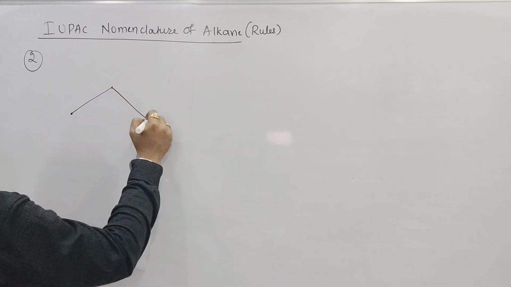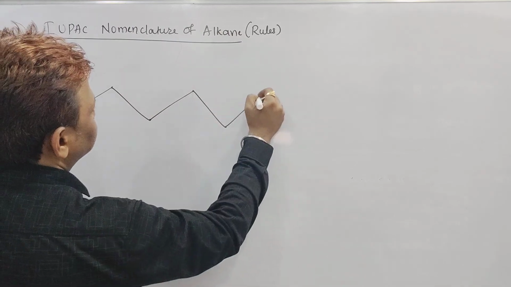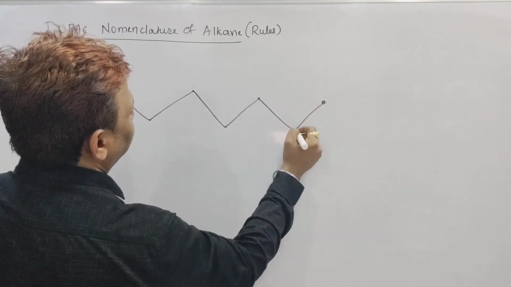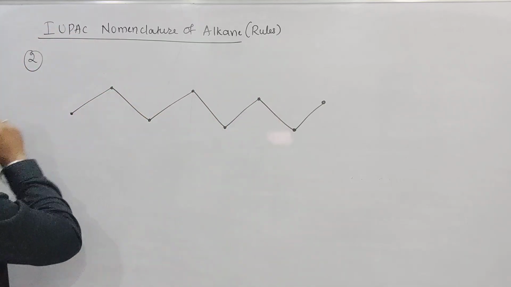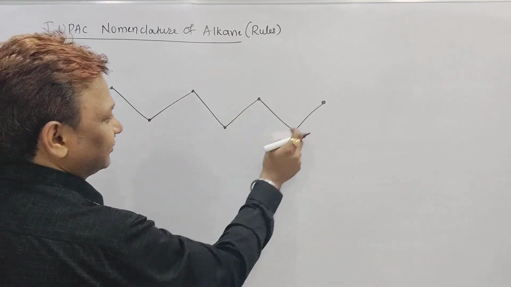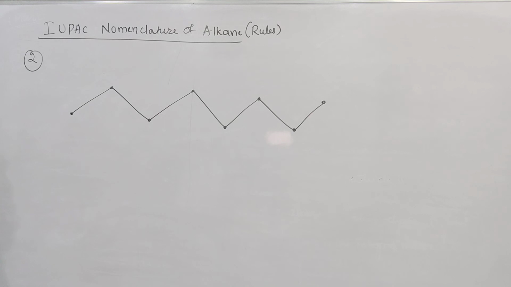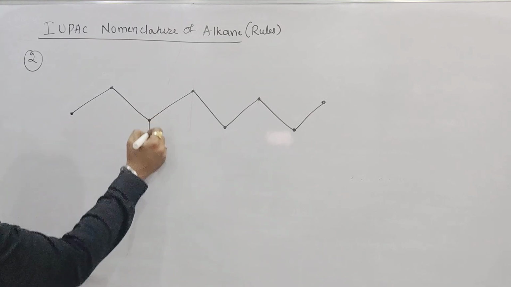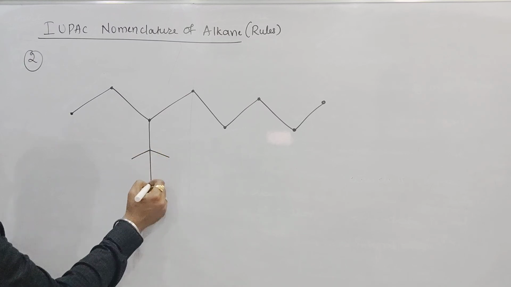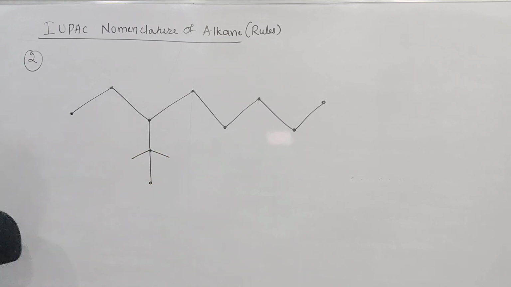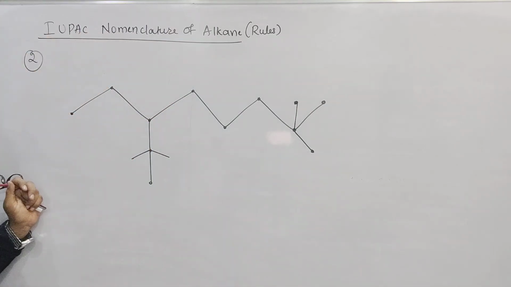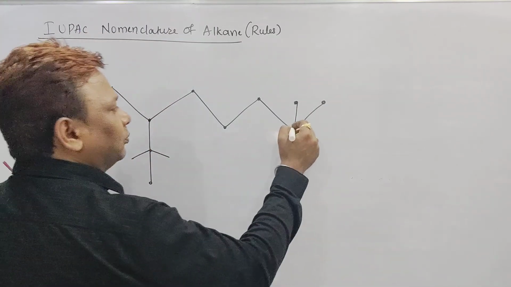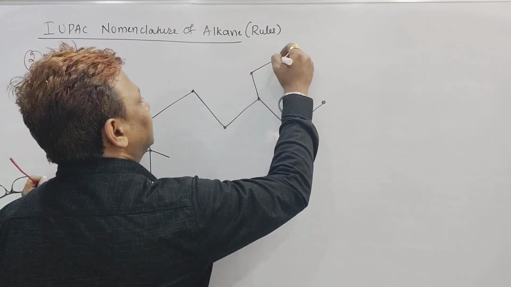1, 2, 3, 4, 5, 6, 7, 8. See beta, 8, 7, 6, 5, 4, 3, next chain. 1, 2, 3, 4, 5, 6, 7, 8 carbon atoms in the straight chain. But what I did here, I just want to go this way and this way. Carbon, carbon, carbon, carbon. But in the other part, the last but one, I will give one more methyl group and one more methyl group. This is the bond line formula. And before that, I just want to show you, this is the ethyl group.